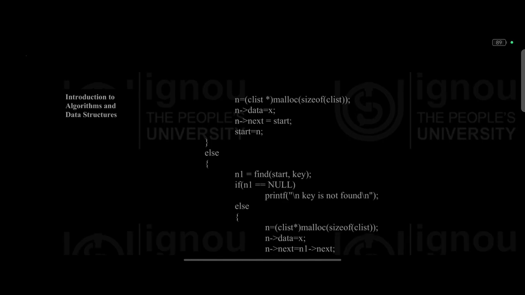clist *insert_clist(clist *start) { clist *n, *n1; int key, x; printf("Enter value of new element"); scanf("%d", &x); printf("Enter value of key element"); scanf("%d", &key); if (start->data == key) { n = (clist *)malloc(sizeof(clist)); n->data = x; n->next = start; start = n; } else { n1 = find(start, key);